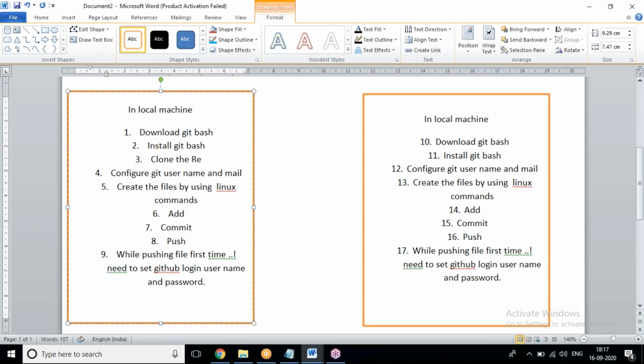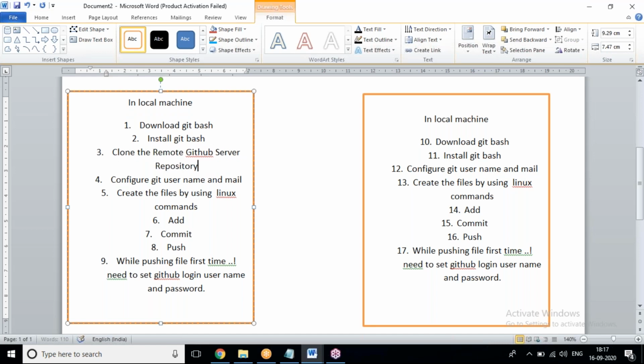Clone the remote GitHub server repository, which one we have created in the GitHub. We need to clone it.